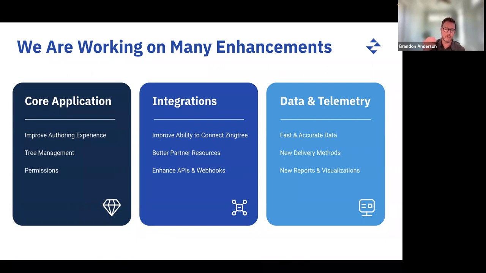It's really indicative of what we're trying to accomplish with the improvements that we're making within our product and engineering team to improve the experience that our customers have with Zingtree. So we're dedicated to continuing to enhance our platform. We've been rapidly scaling our product and engineering team. We have big ambitions, like I mentioned earlier.